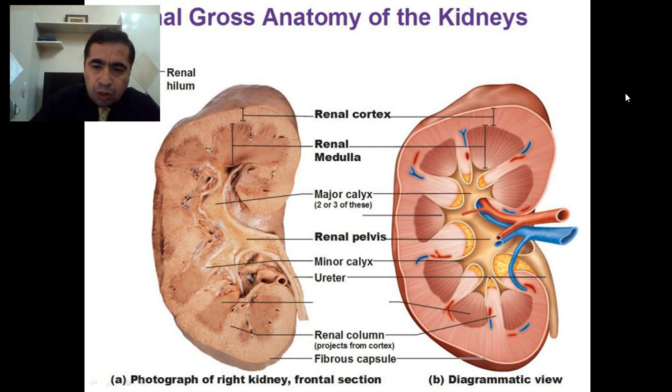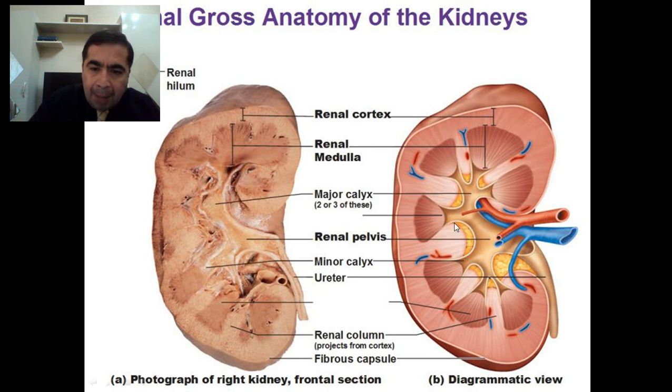Two or three apexes together form the papilla renalis. The papilla renalis is pierced by the papillary ducts, ductuli papillares, and they are opened